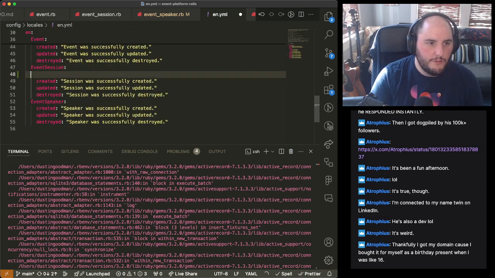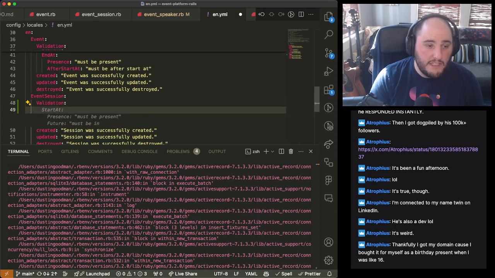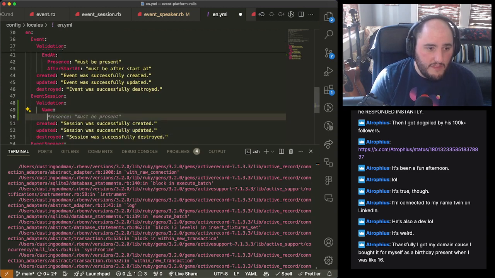So we're going to have two validations here. This one's going to be on name, unique, should be unique within the event.